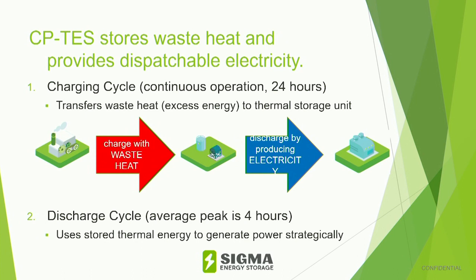So we found a way to capture and store the heat that was going to be wasted by these industrial processes. At the right time, we can transform that heat into producing electricity. That makes it quite interesting for many of these industrial sites. We typically look at a discharge cycle of about 4 hours daily. We have seen, then you can do energy